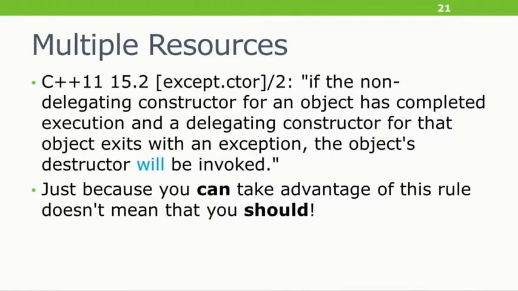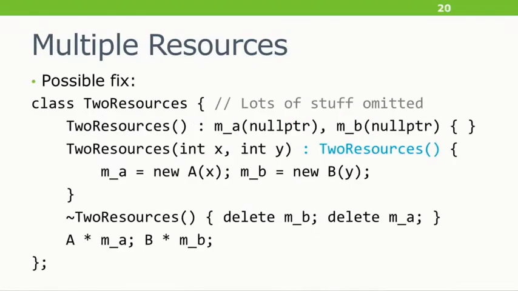There's a whole rule here, and this is actually very important. It says once you've got a bunch of delegating constructors, because you can have a whole chain of these things, but once you get up to the first one that executes, or the first one that runs to completion, the non-delegating constructor, once that has completed, the object is considered fully constructed. Its invariants have been established. So at that point, if anything throws, the destructor will be invoked because the invariants have been established by at least one constructor, even if more have come in and tried to do more work. So code like this is actually safe.